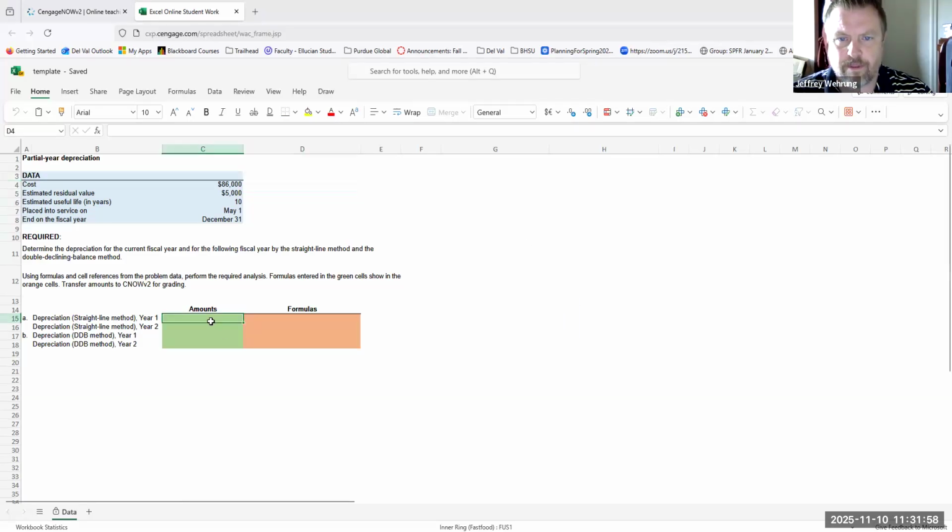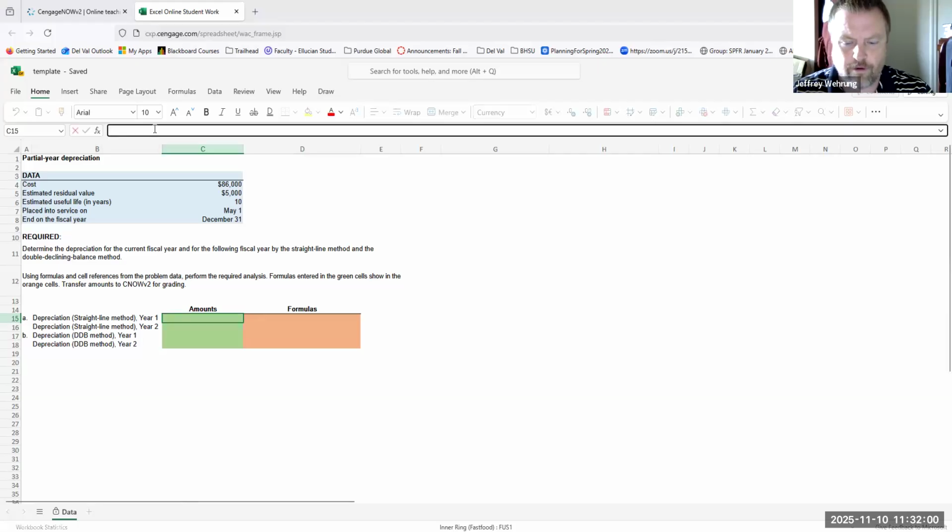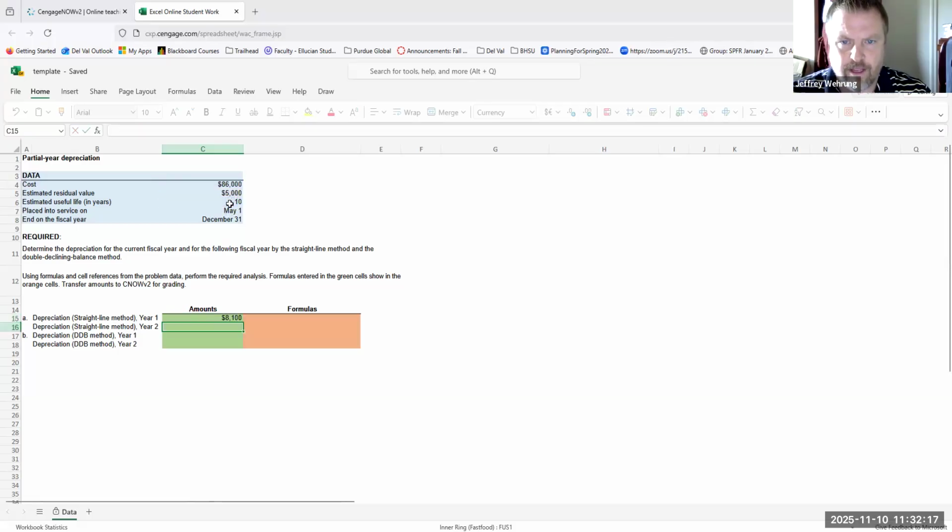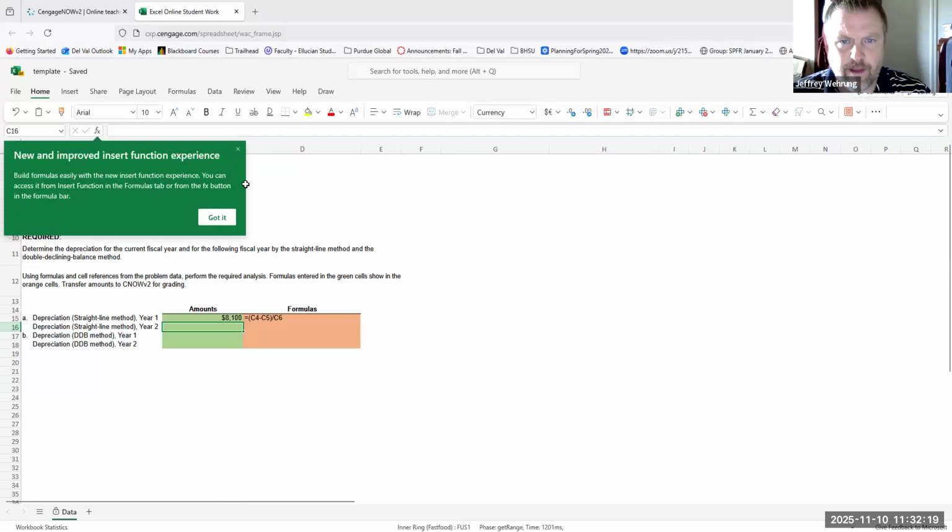It's not going to let me do that? Okay, so we're going to have to do it all in one line here. I don't like that. So we could take our depreciable amount, which is our cost minus our residual value or our salvage value. Okay? And we divide that by the number of years. Okay. And so that'll give us our amount